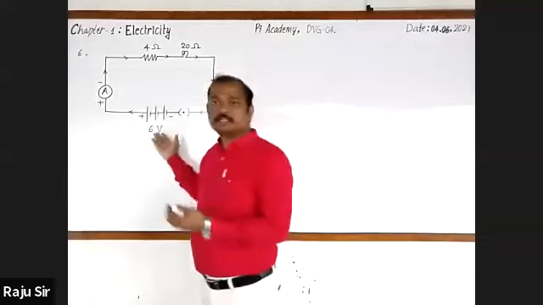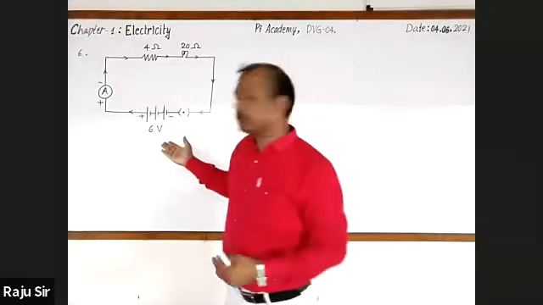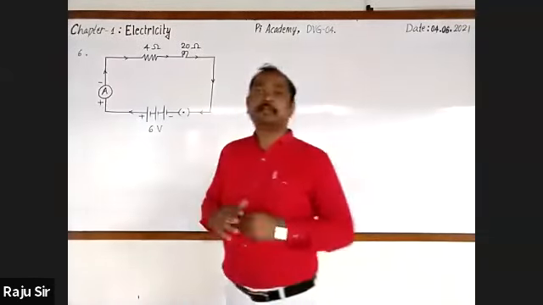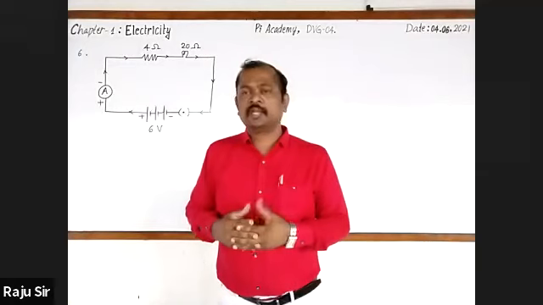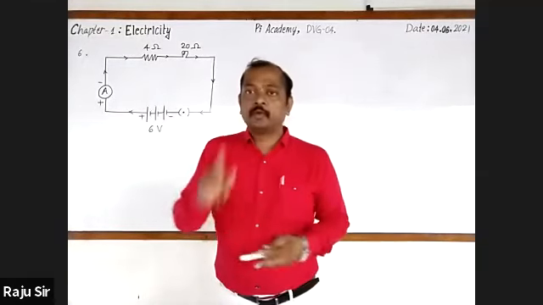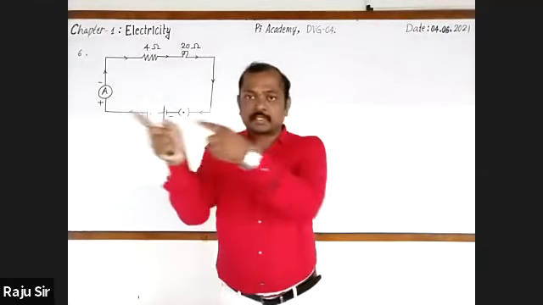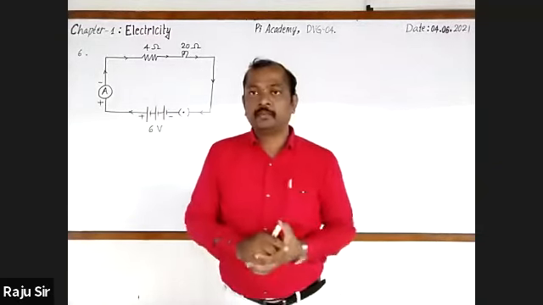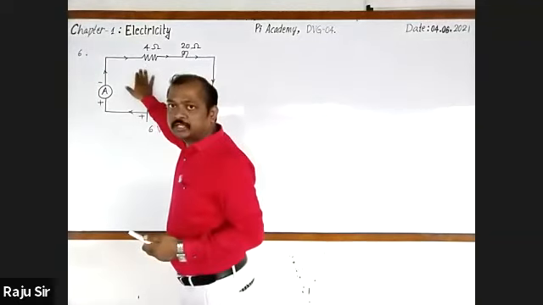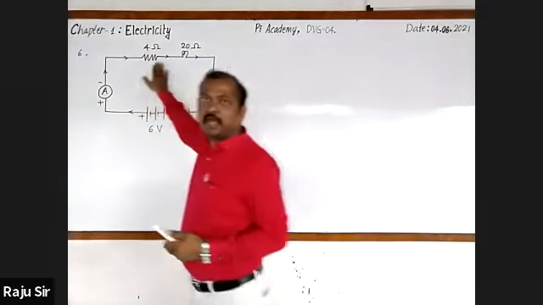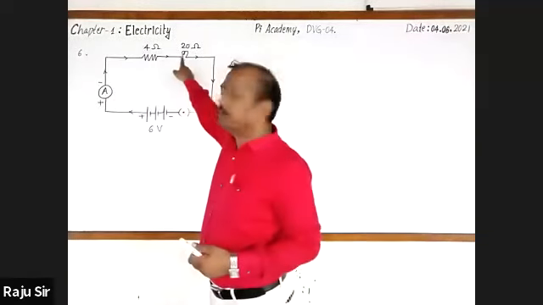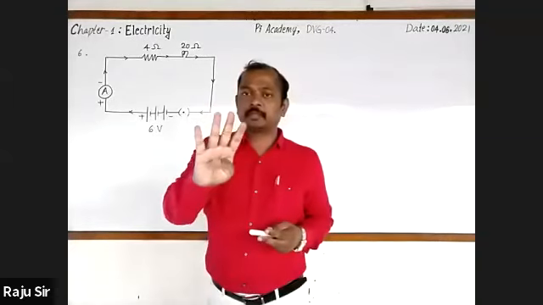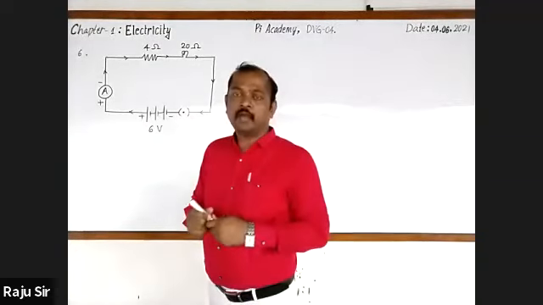Third one, voltage, it is already given. Just observe it. Here, voltage of the battery is already given. It is 6 volts. Other than this, we all know that when the resistors are connected in series, the voltage across each resistor is different. Hence, we can find out voltage across the 4 ohm resistor as well as the voltage across the electric bulb. These are the 4 possibilities. So let's go for answering this.